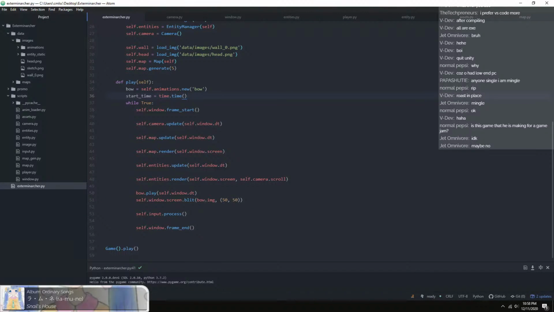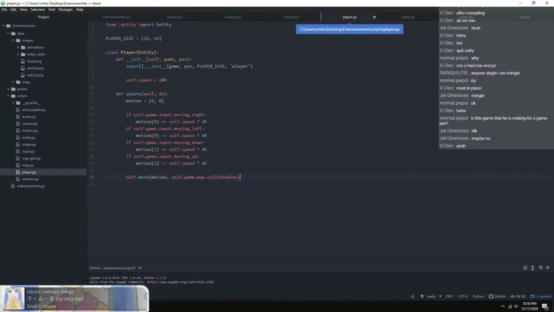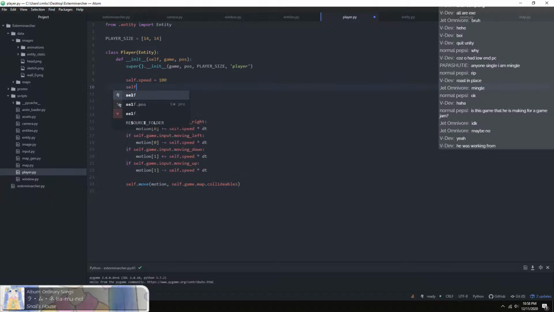So now I just need to call that function when I get into the right spot, which is going to be done by this. So I'm going to do a self dot